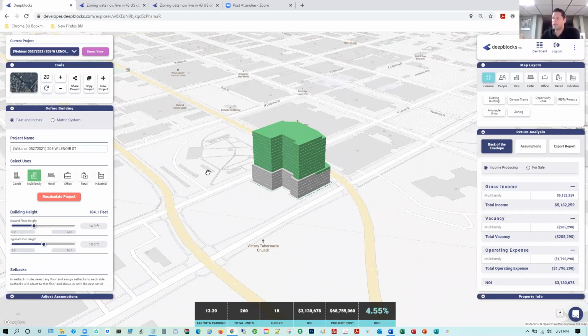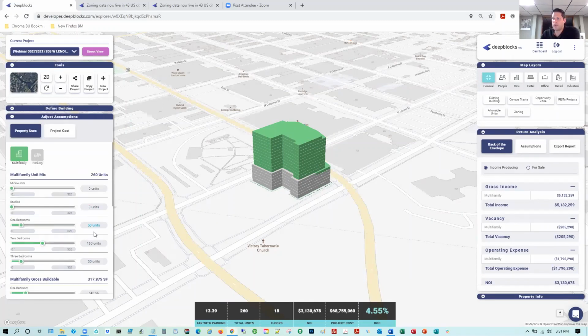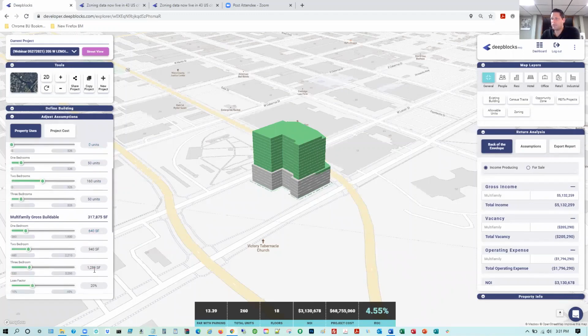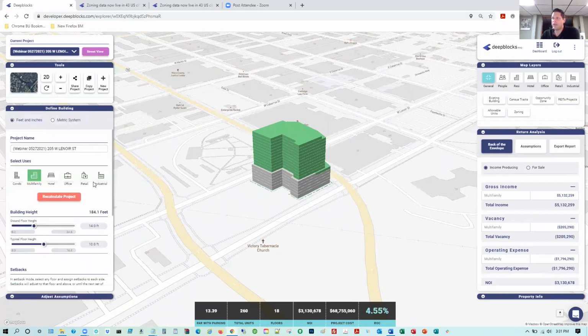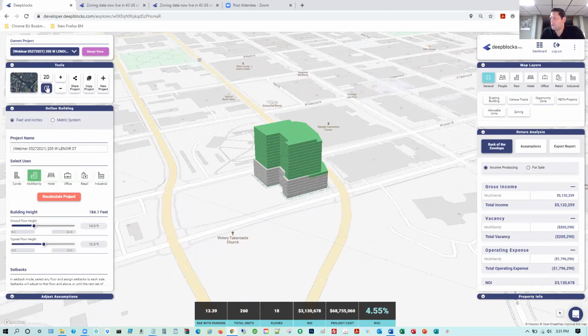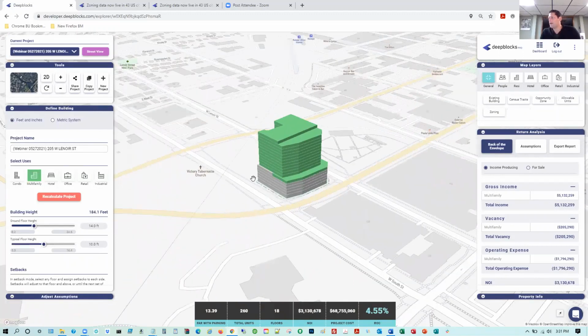And this is the affordable housing I said that we might be able to develop here. And you can see I created a building where it's got 18 floors, 260 units. I entered in 51 bedrooms, 162 bedrooms, 53 bedrooms. Kind of went through the gross buildable a little bit, broke it down, adjusted some of the costs. And again, just another scenario we can look at in another parcel that was within those search parameters and guidelines when we entered in that certain criteria when we were going through Raleigh, North Carolina. So again, another possible development and investment play.